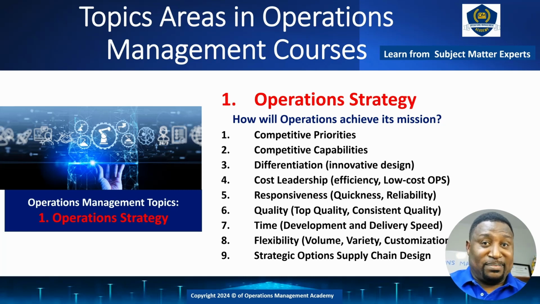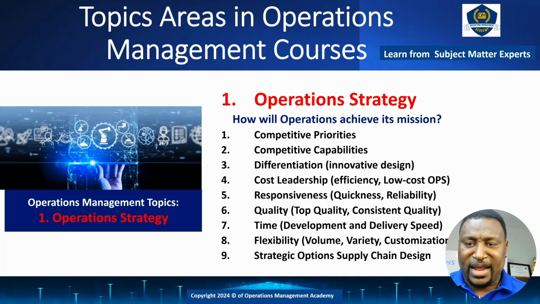Because as we're making products, other companies are also making their own products. So we're going to compete in a given market. So we need to know our competitive priority so that we can beat our competitors in terms of products, in terms of services. So once we know our competitive priority, this could be competitive priority such as differentiation, cost leadership, responsiveness, or we want to lead with top quality like Apple does, or on-time delivery like Amazon, or we just want to make sure that we have flexibility and also thinking about our strategic option for supply chain design when